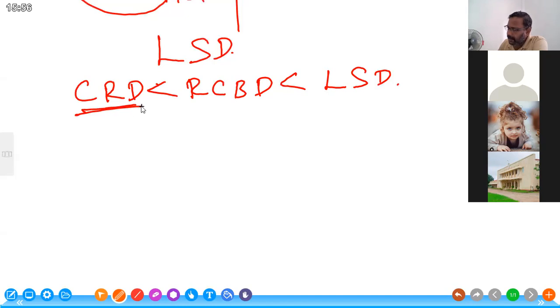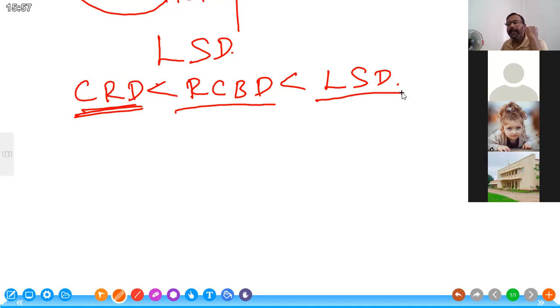So this is the basic design. CRD is the basic design. Little advanced one is RCBD. Further advanced one is LSD, Latin square design. Further advanced design, I will be talking in the next few classes. Not today, but a few classes, right? So these are design. But don't forget that